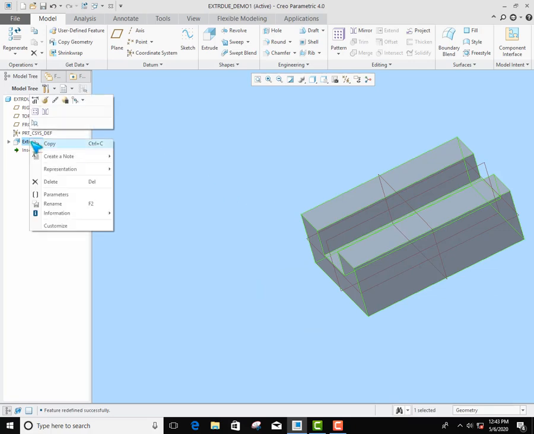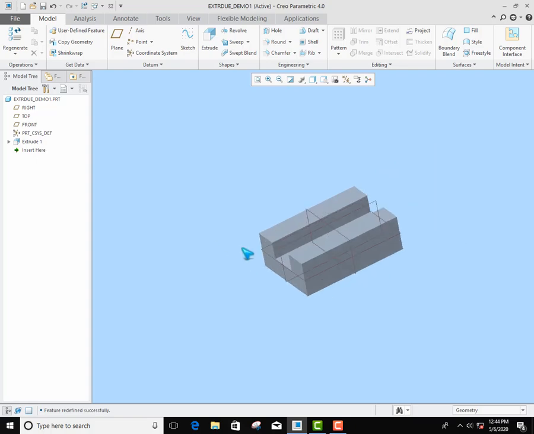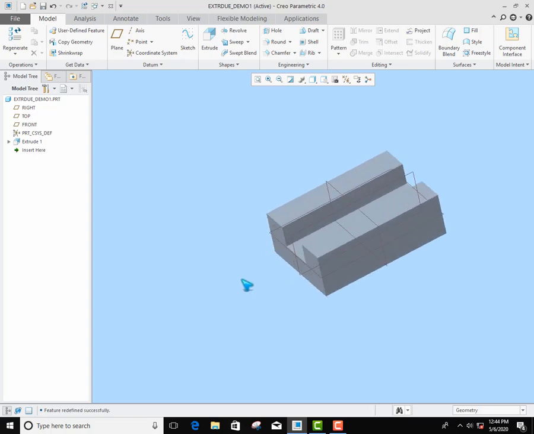Then one more option in the same menu is extrude to selected point, curve or plane. Here I don't have any plane or curve, so it will not take. For that I have to add some plane, curve or points, so I will show this in future videos. If you say OK, your basic extrude is completed. Apart from this, there are so many options available that I will show here.